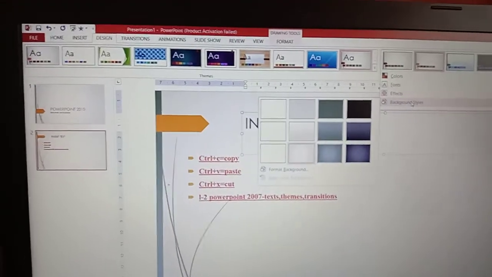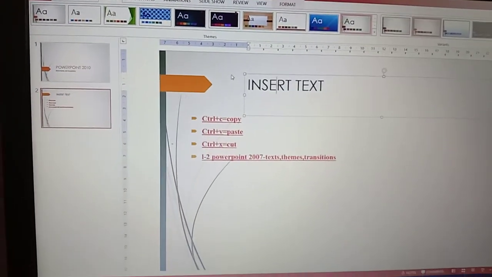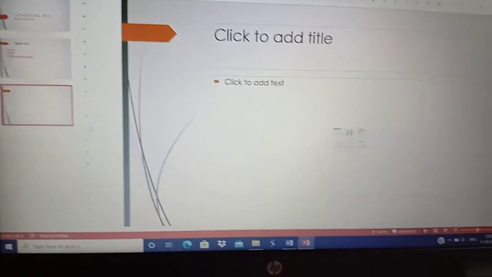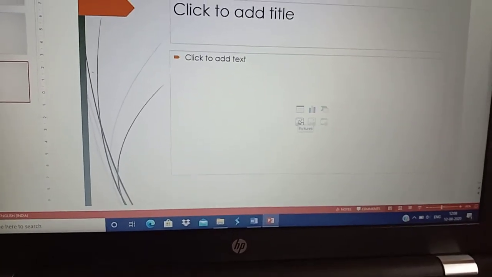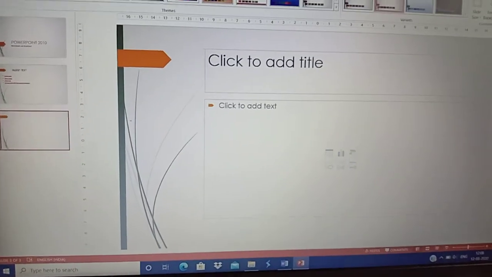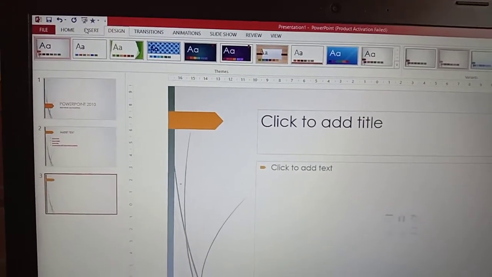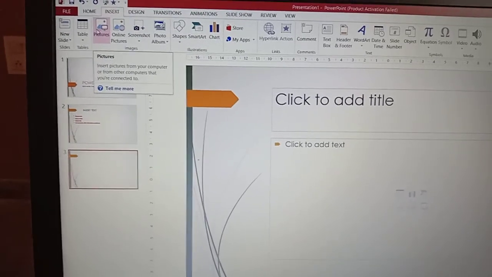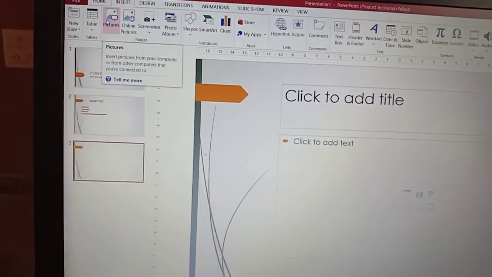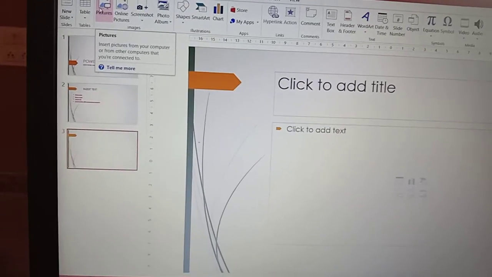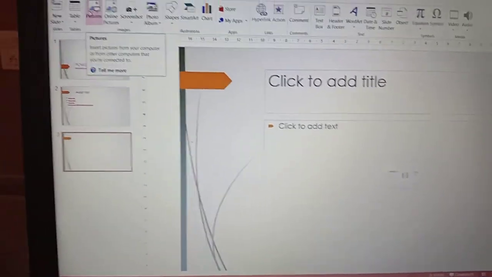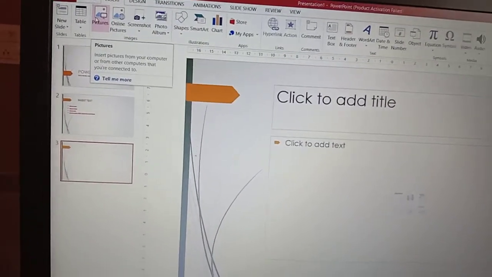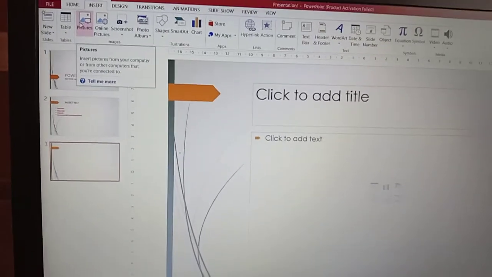Okay. Next, we are going to learn how to insert an image. In a previous class I told you that if you want to insert an image in your slide, you have a picture icon, or else you can go to the Insert tab. There you have the pictures. By clicking that icon you can insert any picture or image that is available in your computer system. And you can insert clip art also, which acts as online pictures.